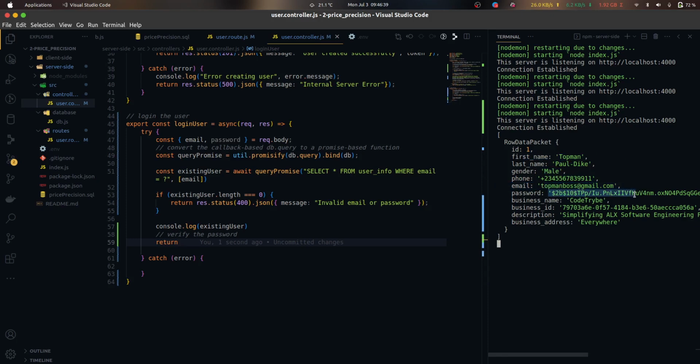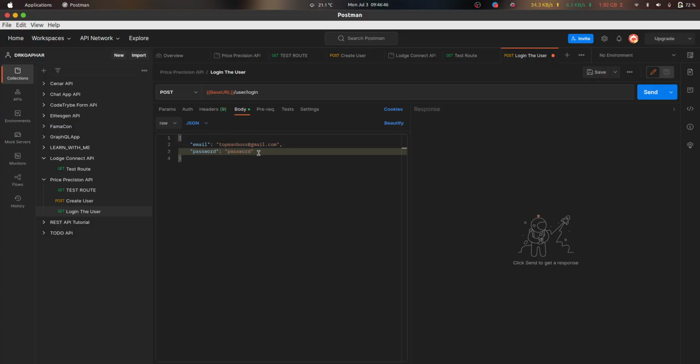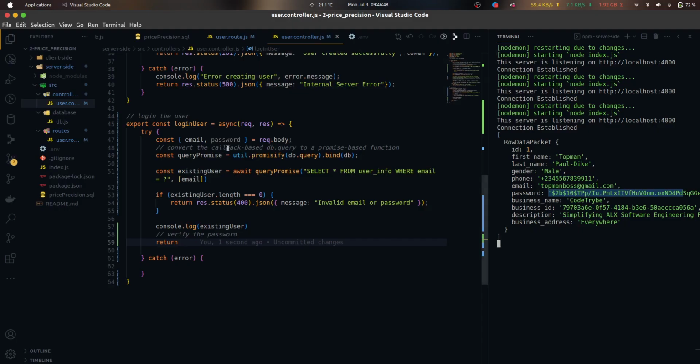You can see the password is hashed. But the password that will be supplied by the user will be what? A plain text password. How can we compare? How can we verify that this plain text password that is being supplied is the same thing with the hashed password? It is by using a method called compare from the Bcrypt